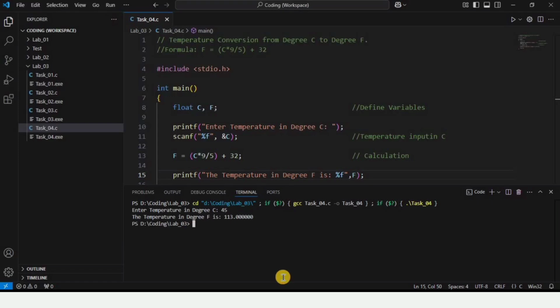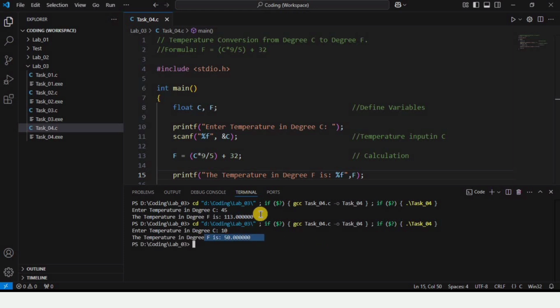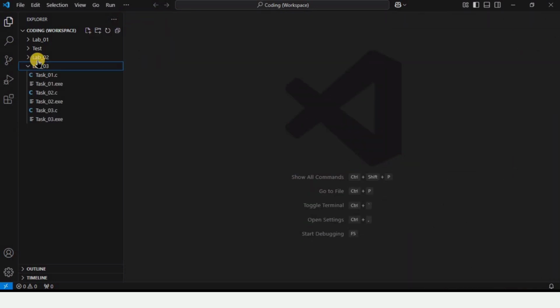In this tutorial we will learn how to write the code in order to convert degree Celsius to degree Fahrenheit. So let's begin. First of all, here I will add a new file under the lab 3 because I'm